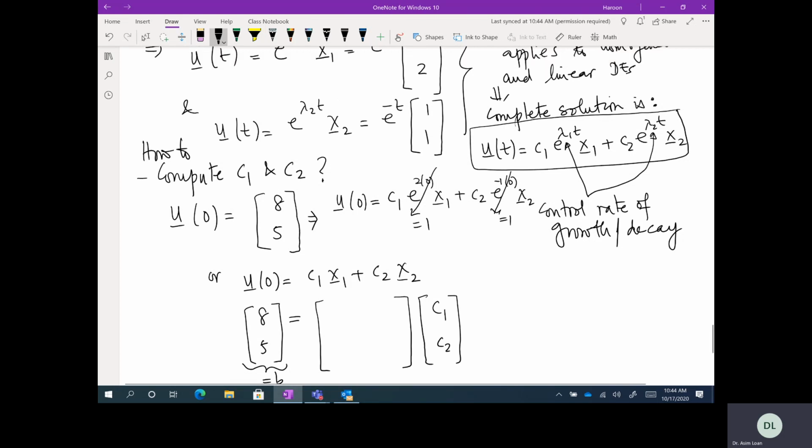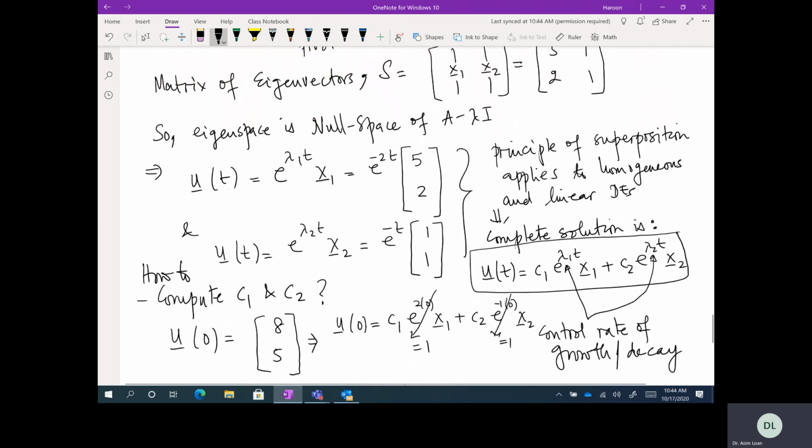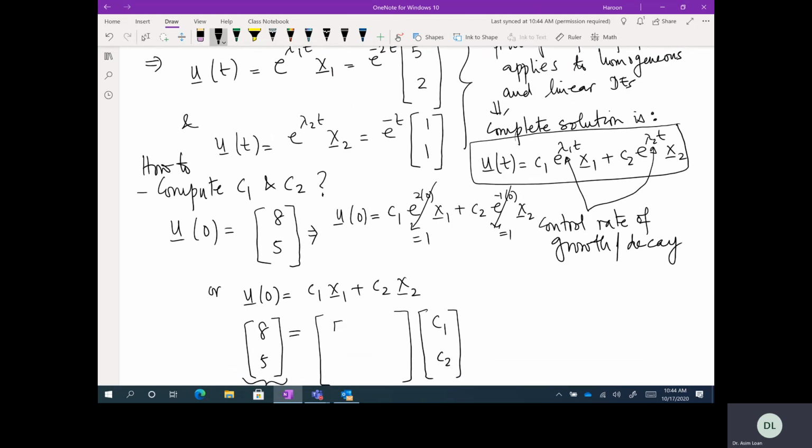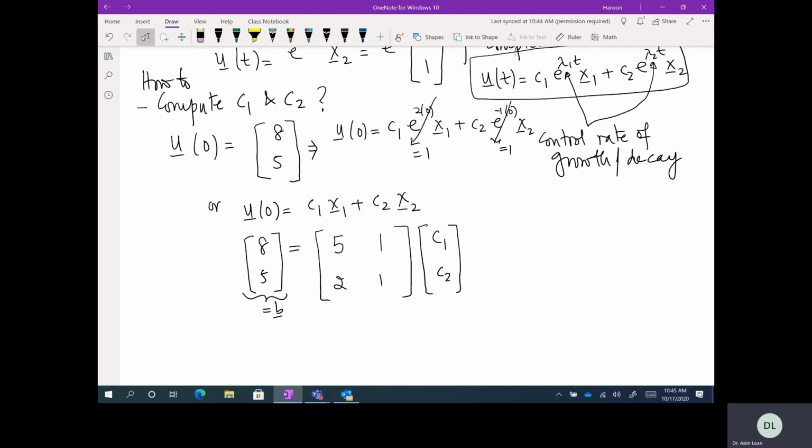And what is my S? Where did I write S? So this is my S, x1 and x2. So x1 and x2 is 5, 2, 1, 1. If I solve this, it is very easy to solve. So again, I can do the row echelon form. This is 5, 1, 2, 1,